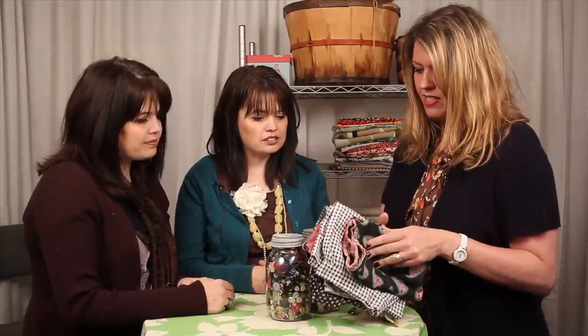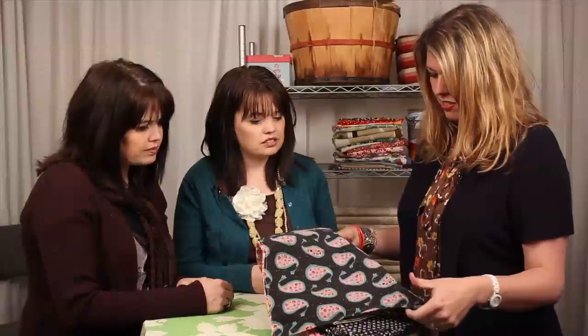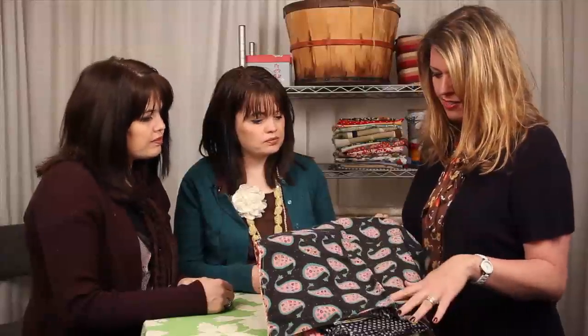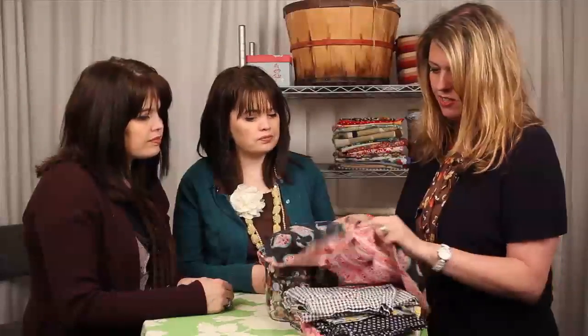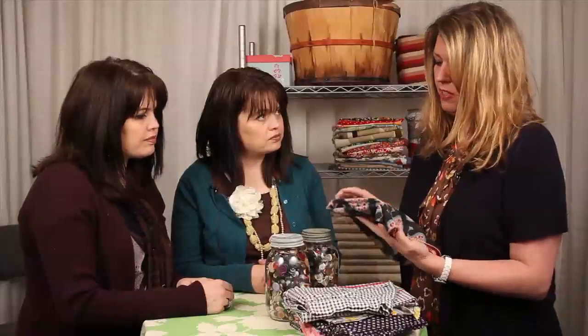So let's say you have a stack of fabrics in your home. You have to go for what your eye is really drawn towards. This is what you do: you find your jumping off point. For instance, if I really love this, I start to identify, well, what do I love about it? For me personally, I love the paisley. It looks ethnic inspired, it looks vintage, and I love the palette. So this would be my jumping off point, and I would say, okay, now I'm going to build a room off of all this, which basically means...